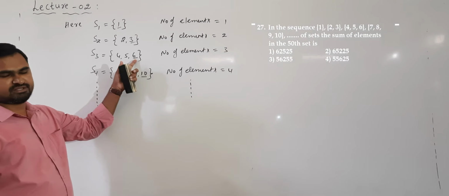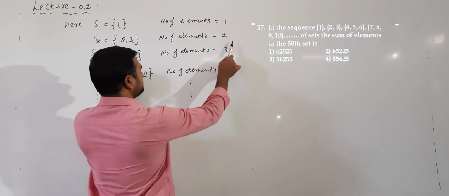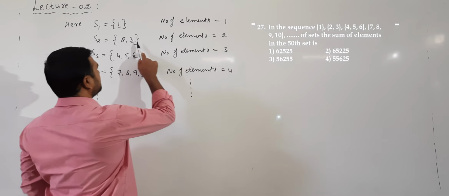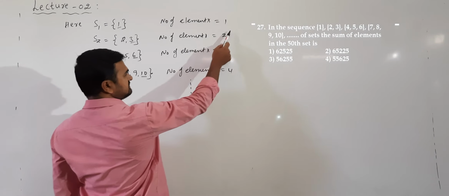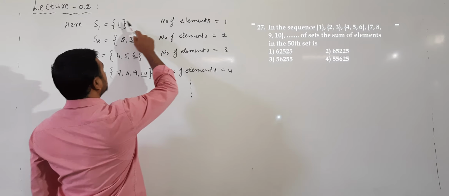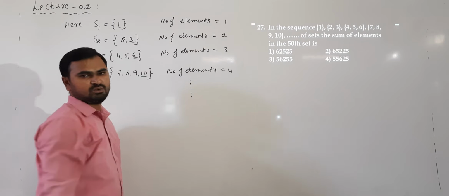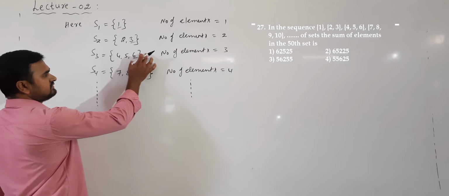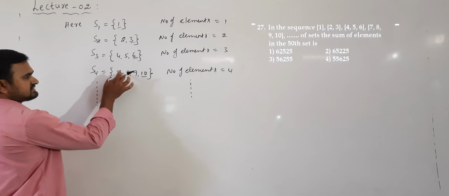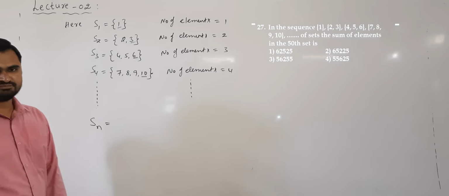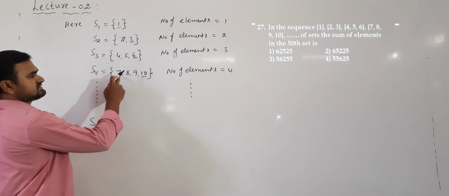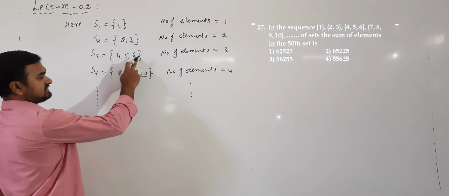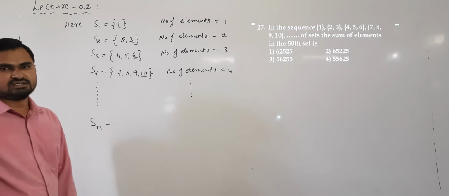Now this number is obtained by taking the sum of 3 plus 2 plus 1, and this element is obtained by taking the sum of 2 plus 1. This is obtained by taking only one element. So if you know the last element of this set, what is the first element of the next set? That is the next natural number. We are ending with 6 here, and the next set starts with 7.